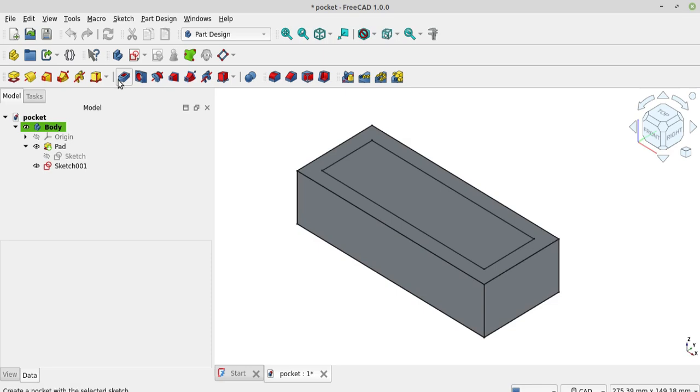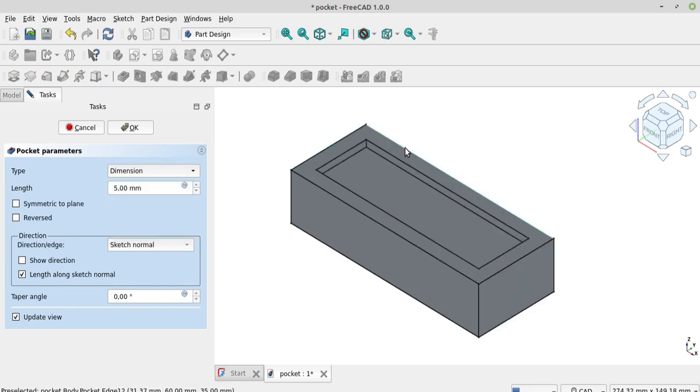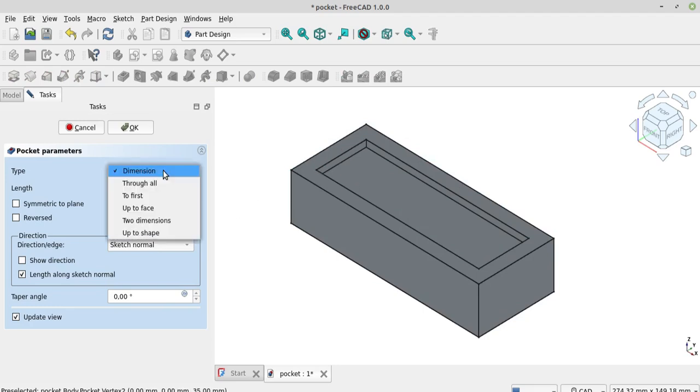Click pocket. After that, click through all. You can observe this sketch goes through all.